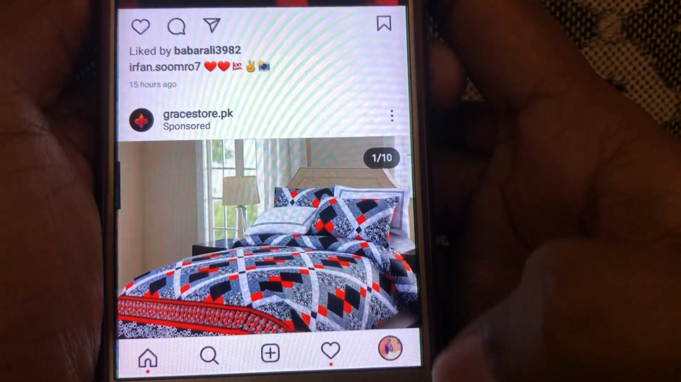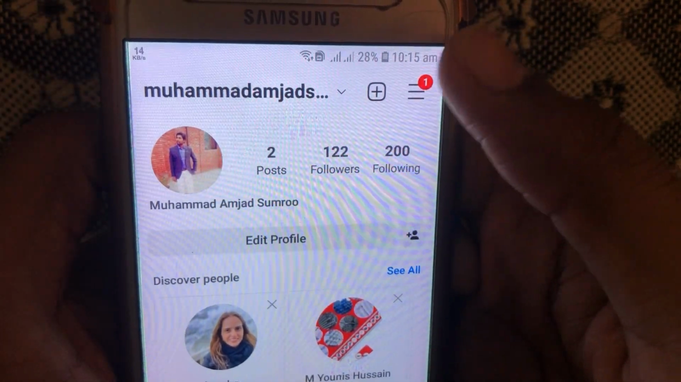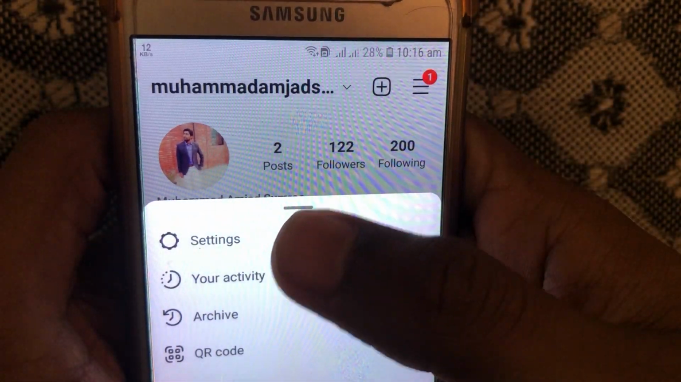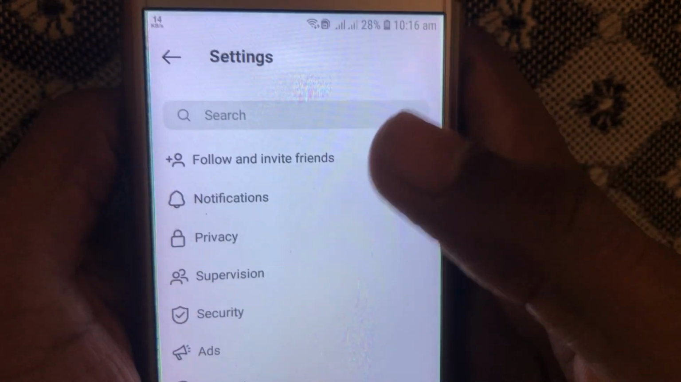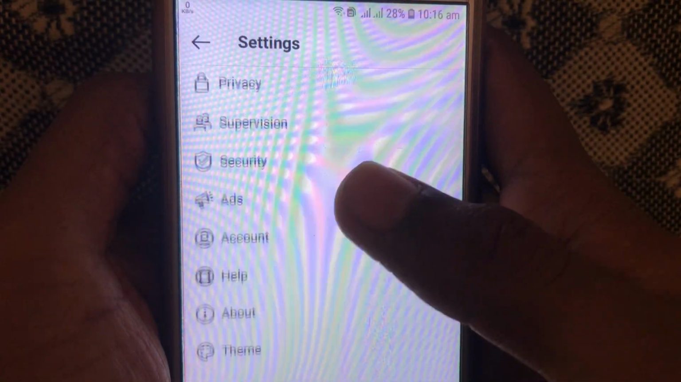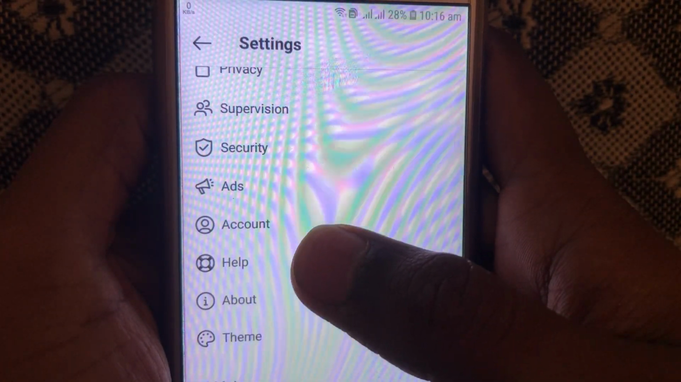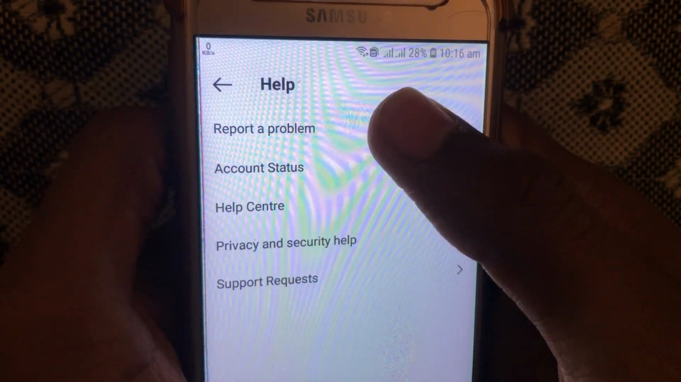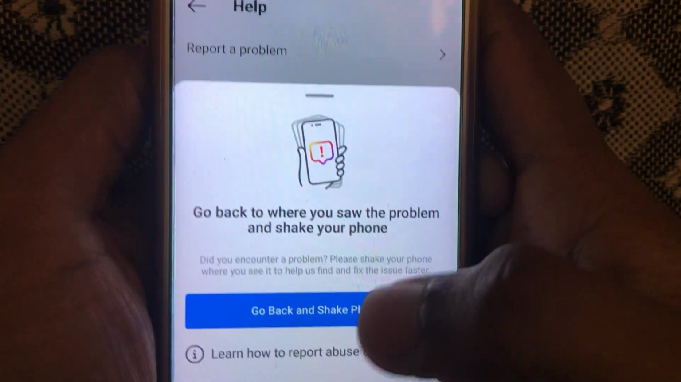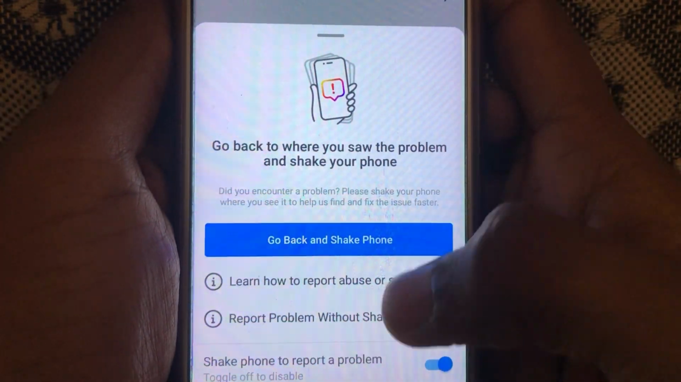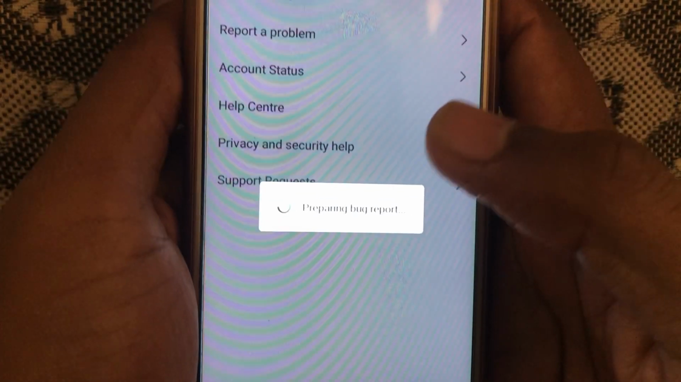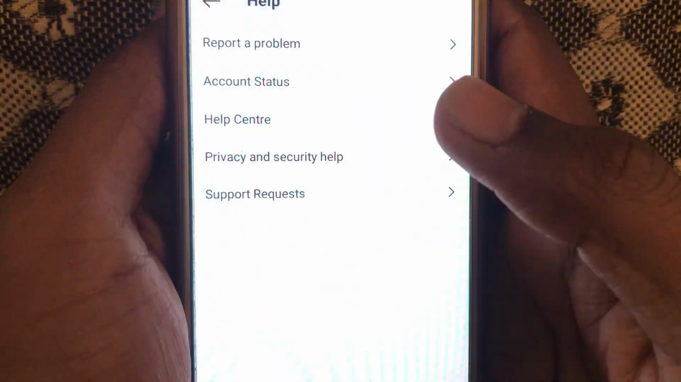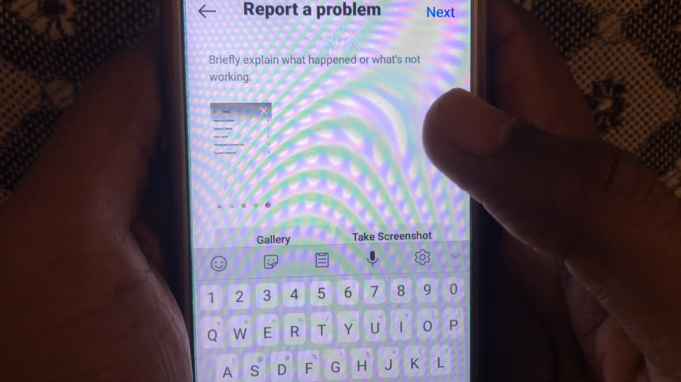to again click on profile. After that you have to click on three lines, and after that you have to click on settings, and by scrolling down you can easily find help. By clicking on help, you will find report a problem. Here you have to report a problem to the Instagram team so that they can solve it for you as soon